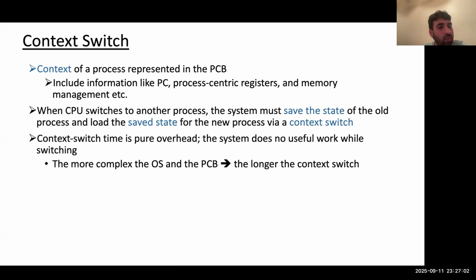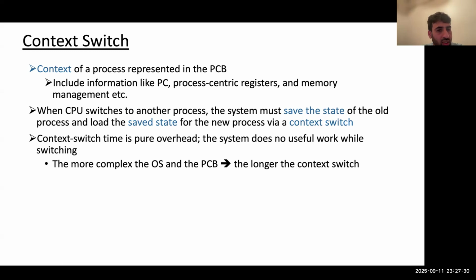So this context switch time is pure overhead. Why? Because our CPU is not doing any useful work, any useful work from the perspective of our user processes, the processes which are being switched. From the perspective of those processes, we are wasting the time, right? And the amount of this overhead, or the time needed for performing the context switch, actually depends upon